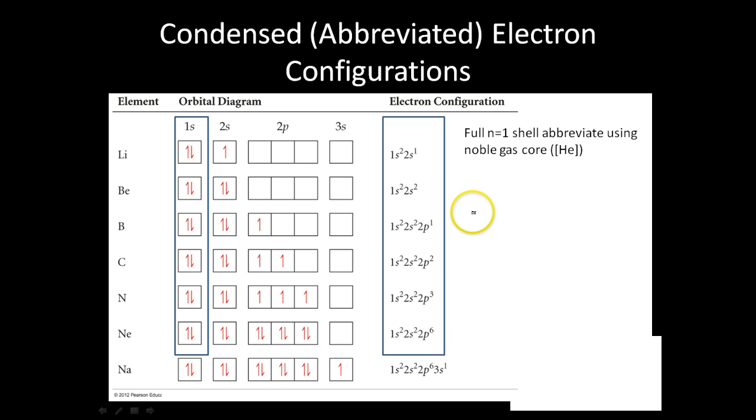So, for instance, the full n=1 subshell is abbreviated using the noble gas core helium. All of these atoms here have this subshell, which is identical to the helium subshell. So they have a full 1s subshell, so we can abbreviate lithium as helium